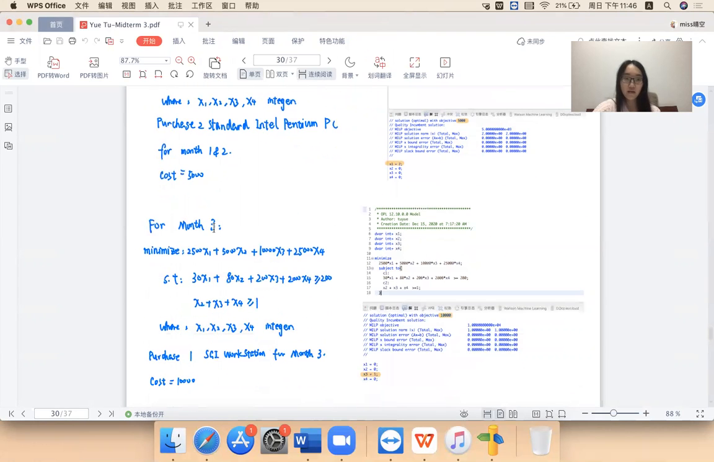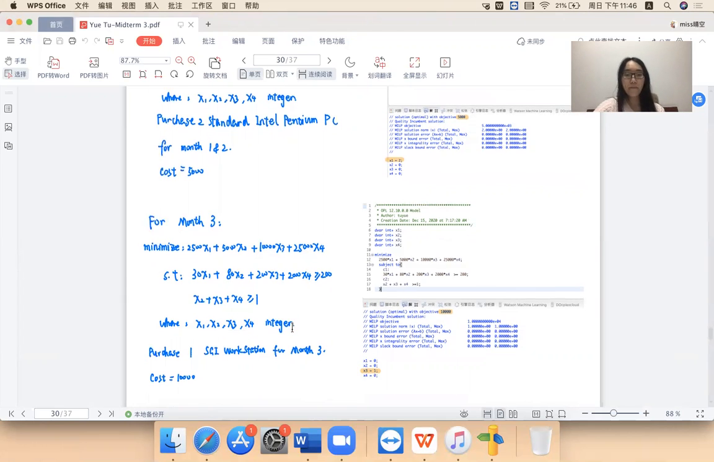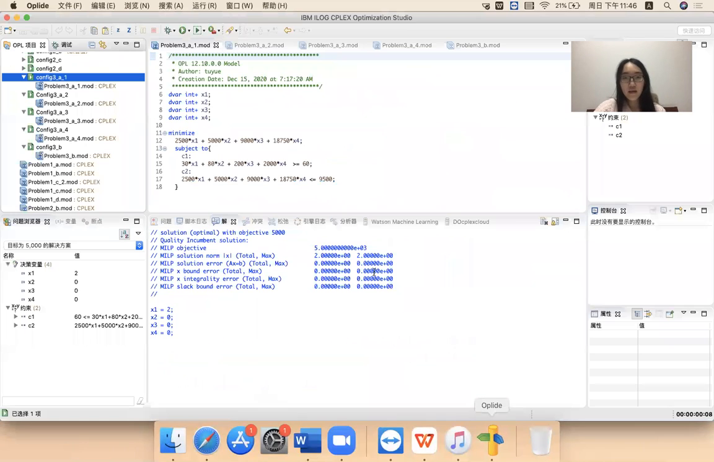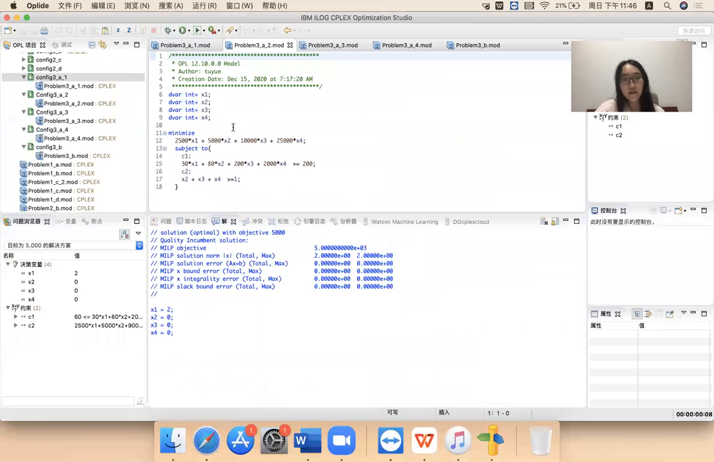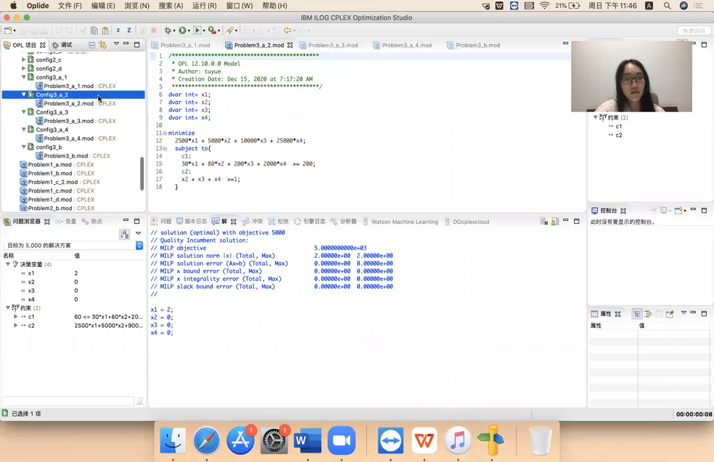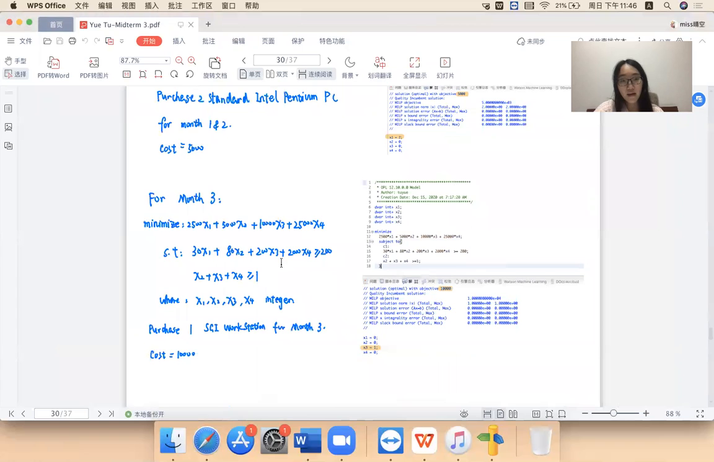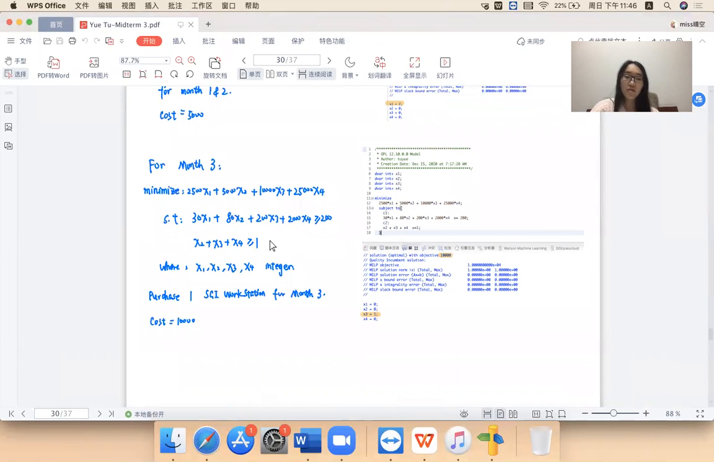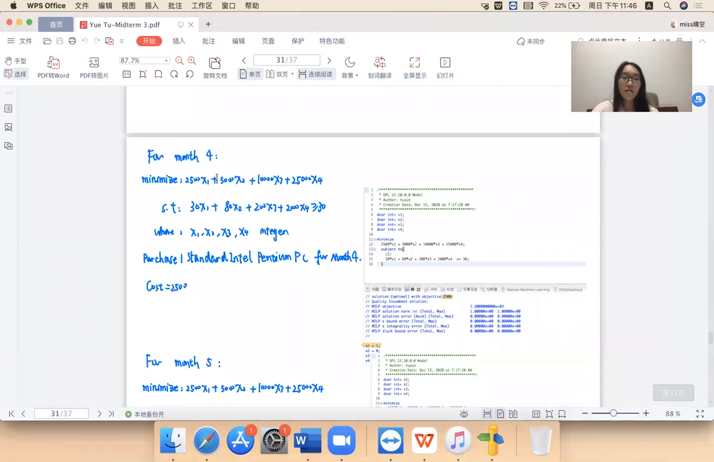And for month 3, this is the objective function and constraints. And the code is like this. And I also run the code. This is the answer. So we should buy one SGI workstation for month 3. The cost is 10,000. And for month 4, the objective function, the constraints,